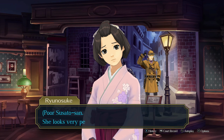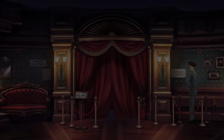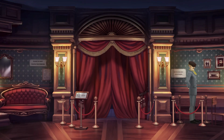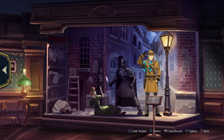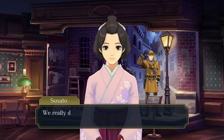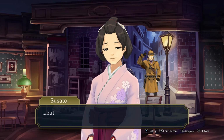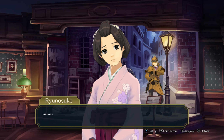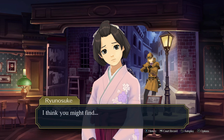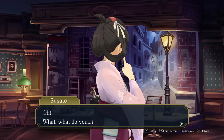Poor Sato-san, she looks very perplexed. I want to see this. And oh, I can't. So we talk to Sholmes. You really do need to speak with Mr. Sholmes, and I am longing to say hello again. But where is he? I think you might find he's quite nearby, actually. Oh. What do you...